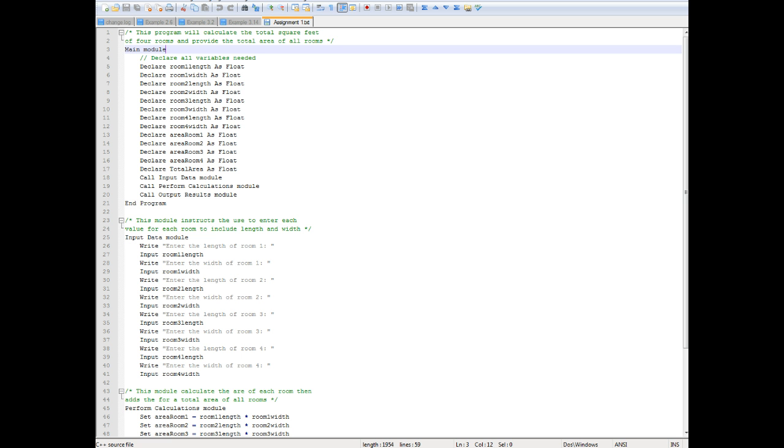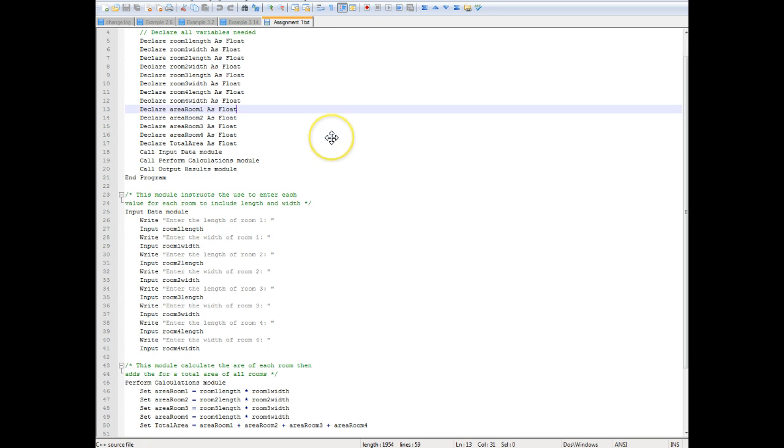So, of course, with modular design, we're going to have our main module as our opening module, identify that, and identify all the variables that I'm going to use in this code. And I'm going to have a length and width variable for all 4 rooms for a total of 8, and then have float variables that will contain the area of each room, and then a final float variable that will contain the total area. So at that point, I will call my input module,